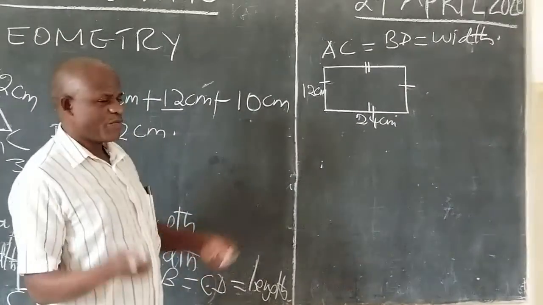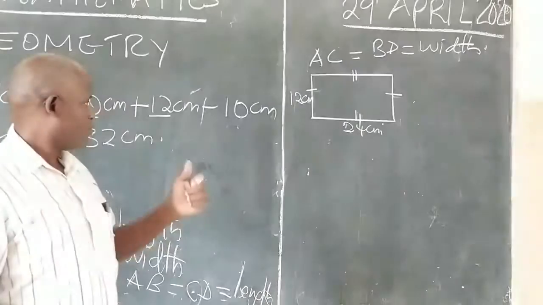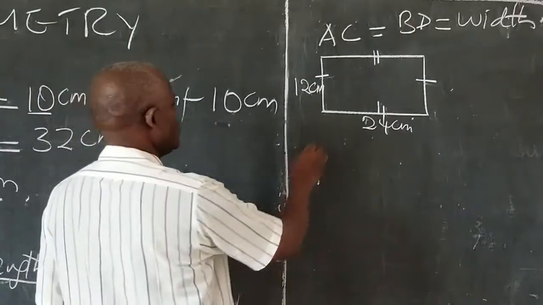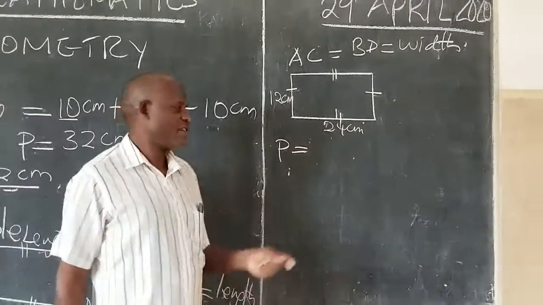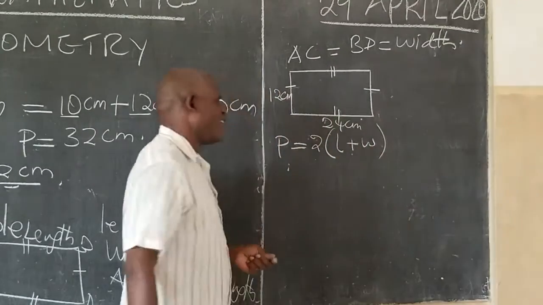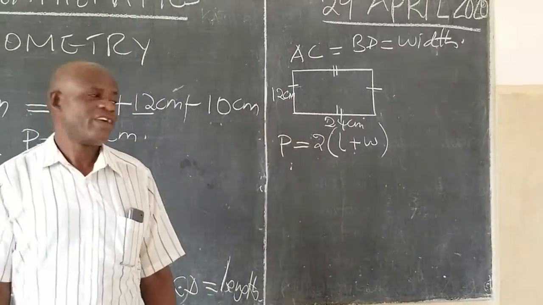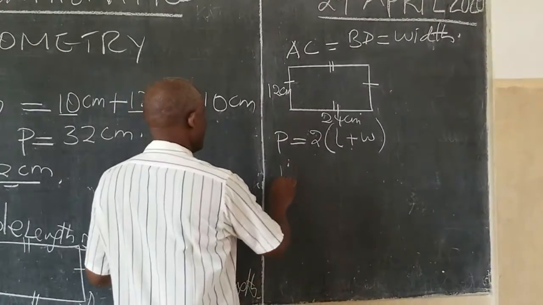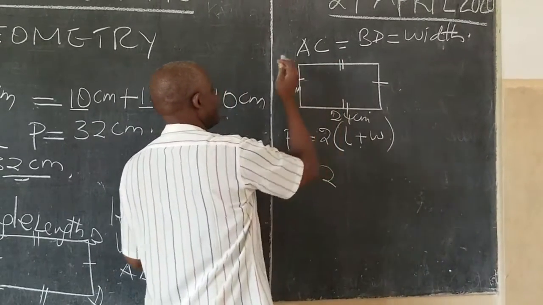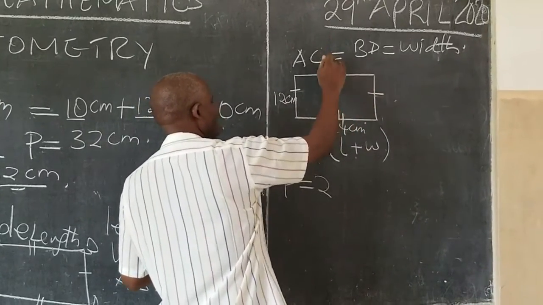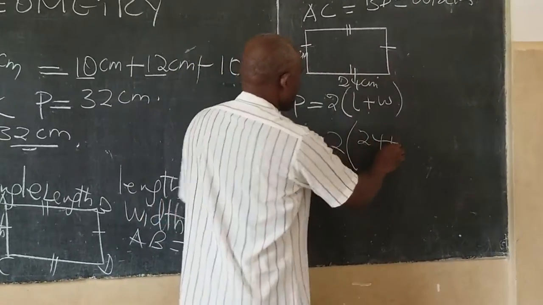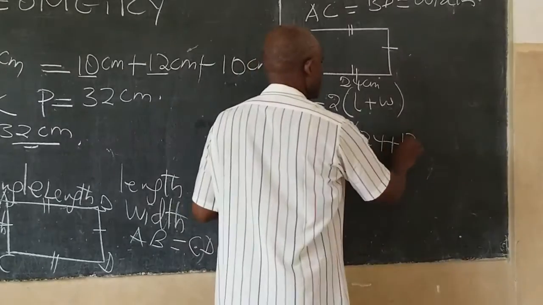Now, when we ended the past lesson, I showed you the short formula that perimeter equals 2 bracket length plus width. Now here you can apply that. How can you apply this? You don't know the perimeter, but 2 means every side, if width has a partner, length has a partner also. Now you take length is 24, you add the width which is 12.